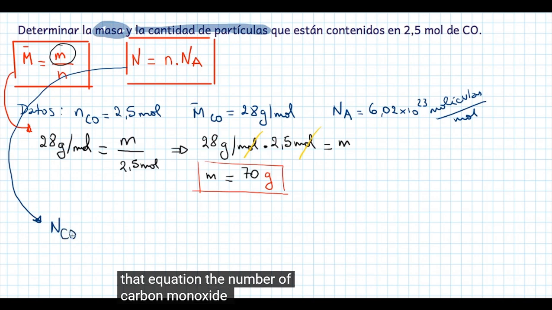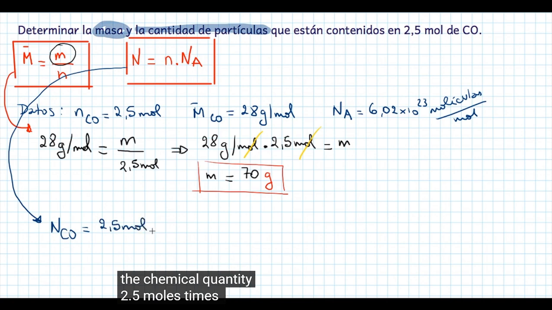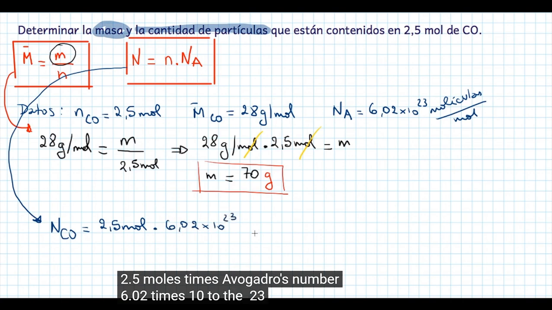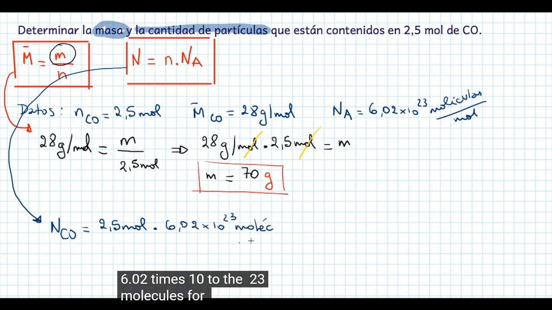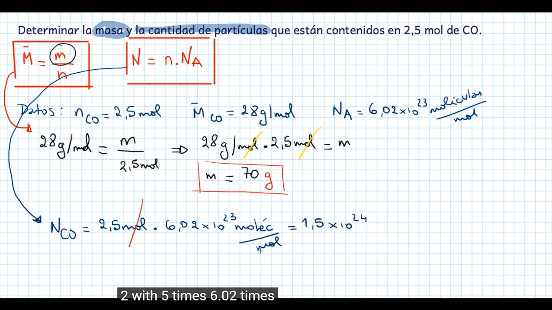The number of carbon monoxide particles is going to be equal to the chemical quantity, 2.5 moles, times Avogadro's number, 6.02 times 10 to the 23rd molecules for each mole. 2.5 times 6.02 times 10 to the 23rd. Either of these two methods